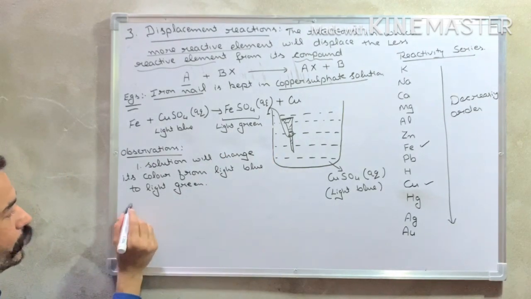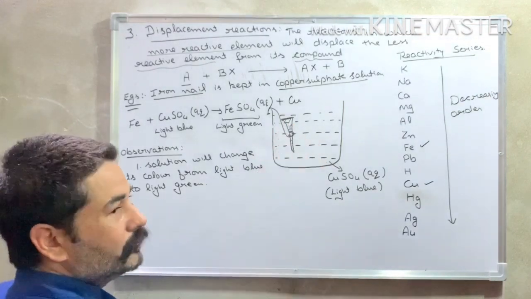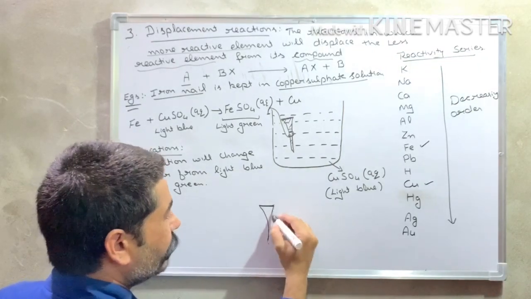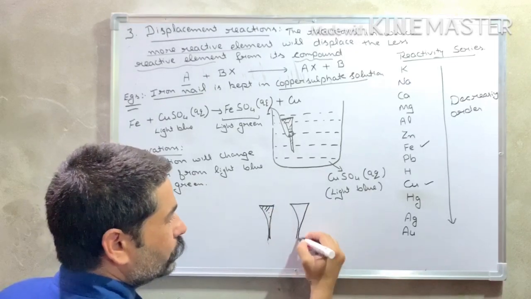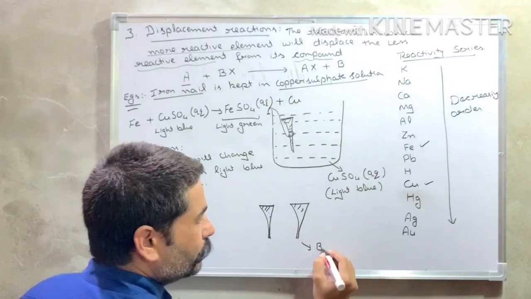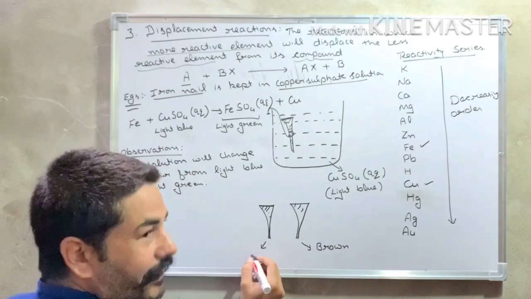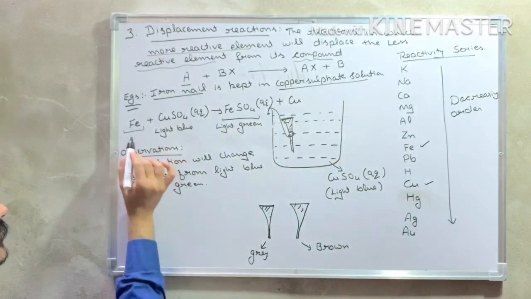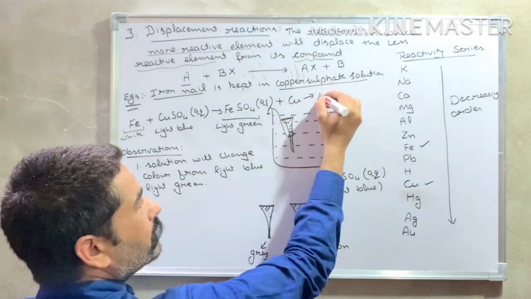Okay, then the second observation is that you will see this iron nail will turn brown. So if I compare, one iron nail I told you to keep for reference, this is one iron nail and another iron nail I have taken from the solution. Now observe the change in color. This you will see will turn brown, and it was previously gray or sometimes white. The previous color of iron you can take as gray and also white, and this copper is brown in color.